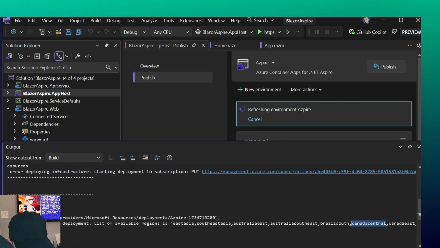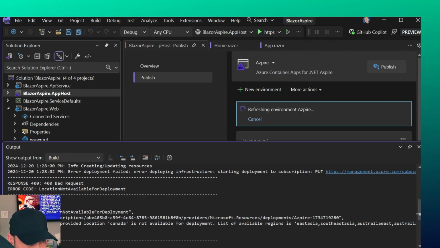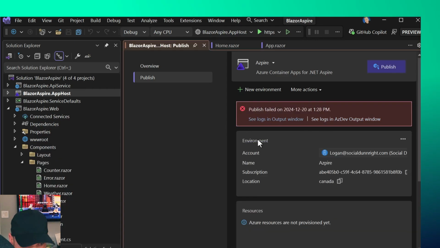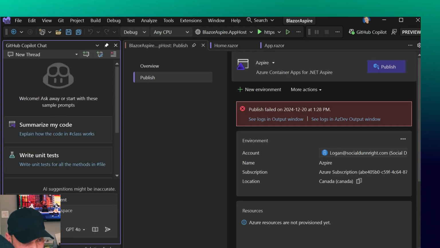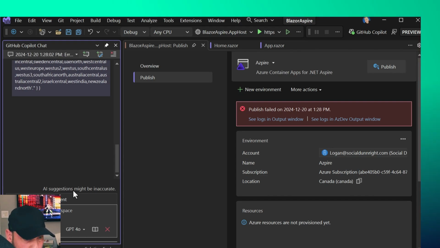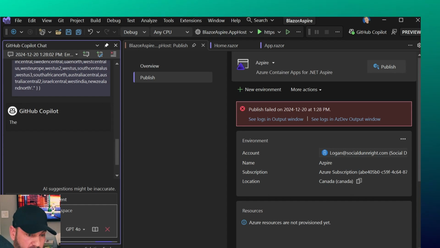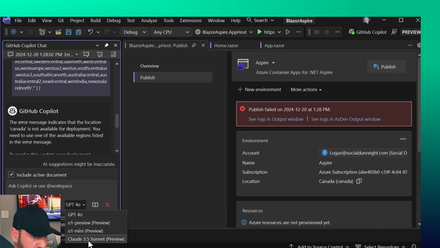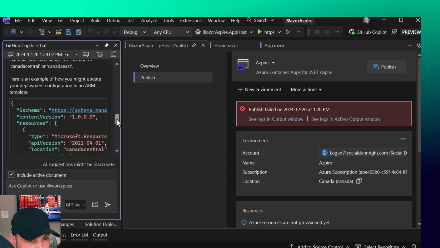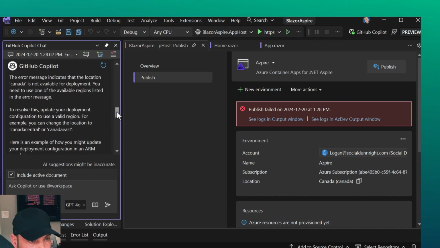But I picked Canada. I just want to see that. Oh, you know what we should do is just take this and copy, and we're gonna go to GitHub Copilot and just say. They have a feature now if you have the paid GitHub Copilot where you can change the model. Check out how cool this is. You can change it to like Claude. Here's an example of the blah blah blah. Okay,